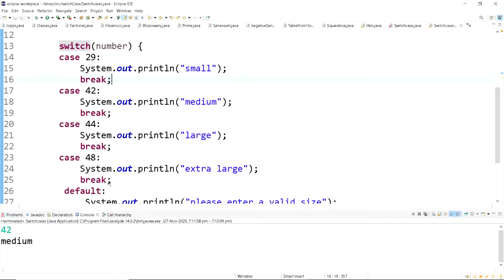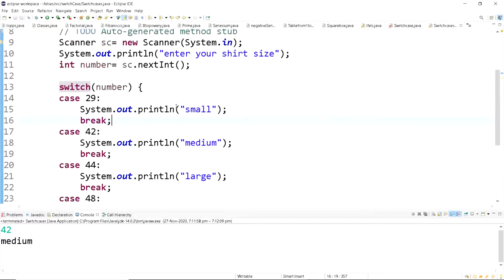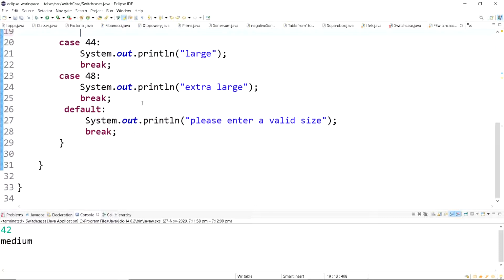It will jump through all the else ifs and then to the else, and execute the code, and that makes the process consume a bit more memory, and it doesn't look as classy as the switch case looks. So we write it in switch case. See, if you don't mention this break over here, if you remove all the breaks from here, let's see what happens.